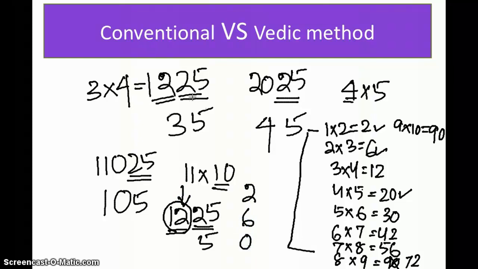You can see here after 25, the remaining number's unit place is 2, then 0, then 0 again. That means whenever a number ending with 5 is a complete square, the remaining number other than 5 should contain either 2 or 6 or 0 at its unit place. So that's again a clue. You can really find out whether a number is a whole square or not.